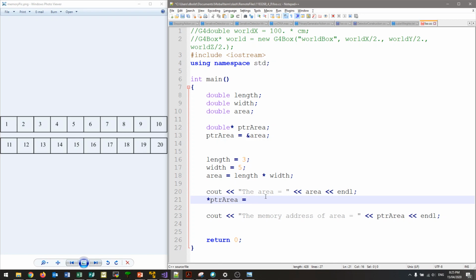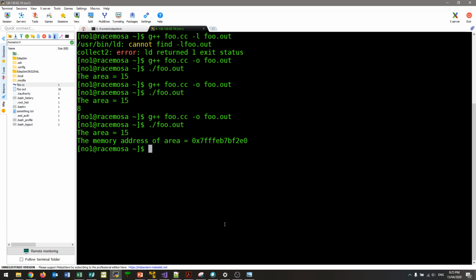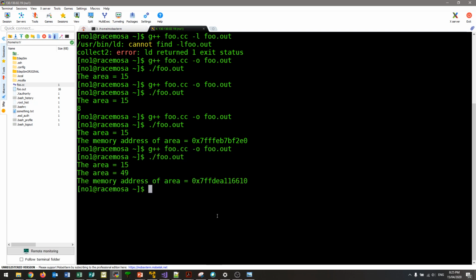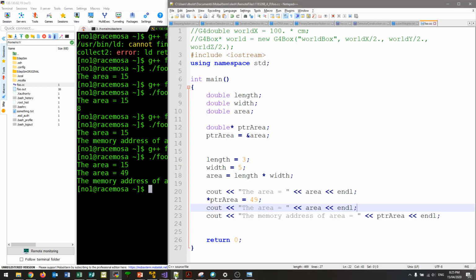So if we went 49, for instance, and we save that and print that out twice, compile that and run it, then you see the area was 49, and then what we did was we changed the